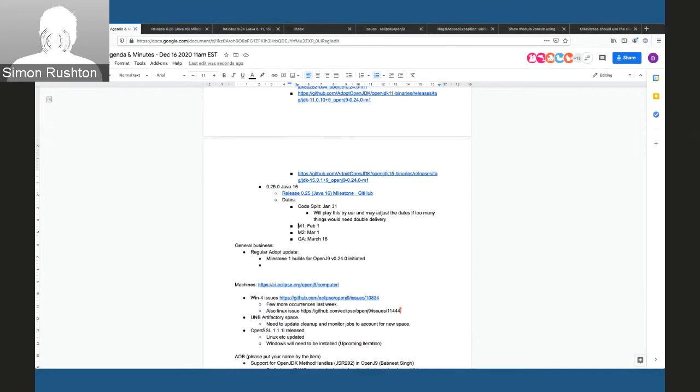I can give a brief one. We've been focusing mostly on trying to improve the build and test stability. Quite a few failures on the build machine and setup issues. We've also been spending quite a bit of time going through the triaging of the various test failures in the M1 build, most of which have actually been due again to underlying machine issues. So we're trying to sort all those out in preparation for hopefully a much cleaner experience in January when we do the real release. That's mostly from my perspective anyway.